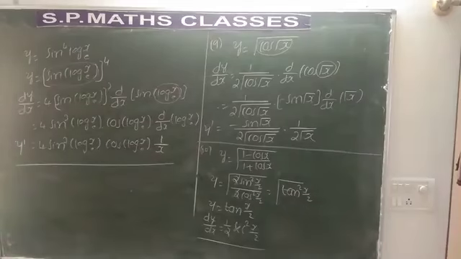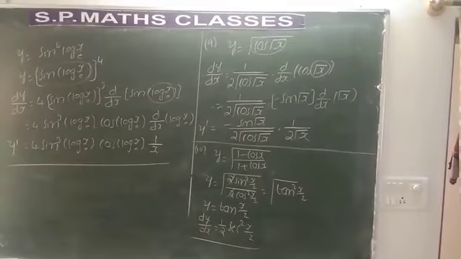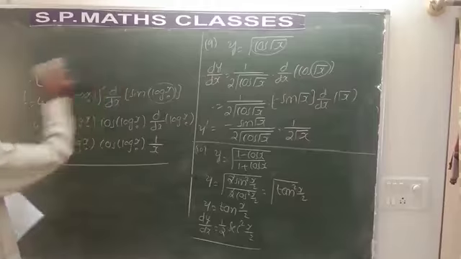Hope you have understood this problem. So you need to know the formula. 1 minus cos x is 2 sin squared x by 2. 1 plus cos x is 2 cos squared x by 2. The 2 gets cancelled. Sin squared x by 2 divided by cos squared x by 2 will be tan squared x by 2. Square root of tan squared x by 2 will be tan x by 2. So it is of the form tan ax, where a is half. What is the derivative of tan ax? A secant squared ax. Hence dy by dx will be half into secant squared x by 2. Remember students, these are the additional problems which I have given to you.